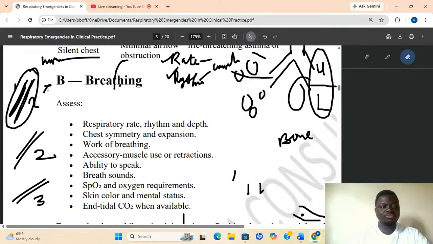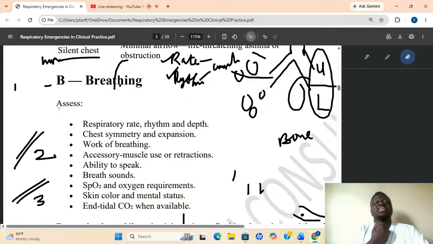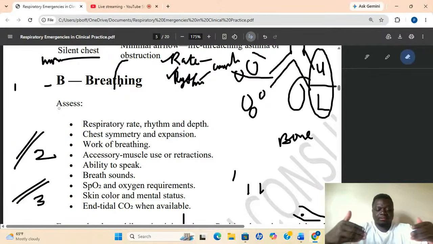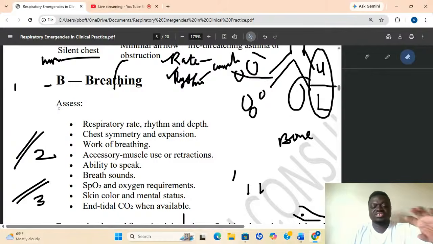Now you look at the chest symmetry, the chest symmetry for breathing. Chest symmetry means divide the chest into two, in the vertical form. This is the left side, this is the right side. If you are sitting down, breathe in now. If you breathe in, the left chest and the right chest should move together. If you breathe out, they should come back together. If I say breathe in, and your left chest moves before the right moves, we call it asymmetry.